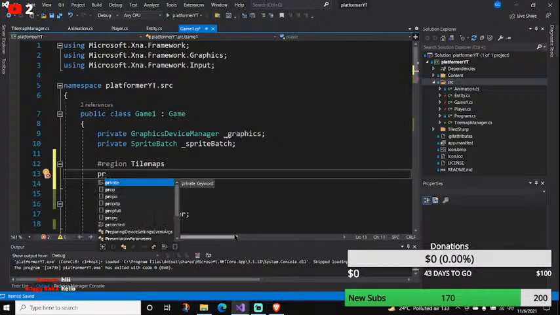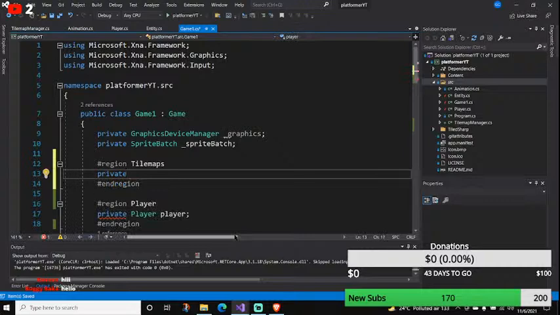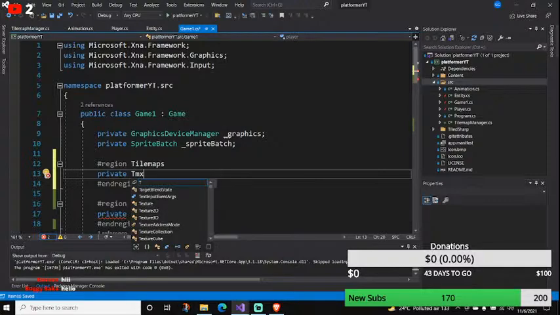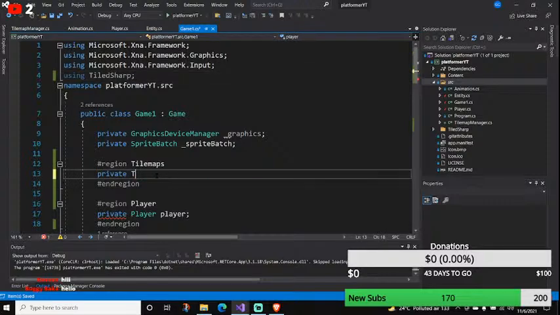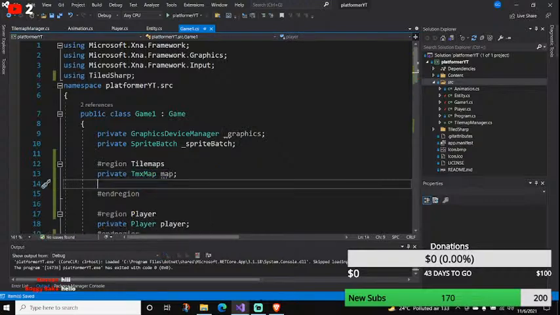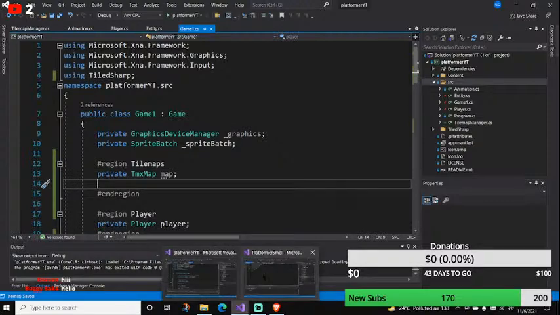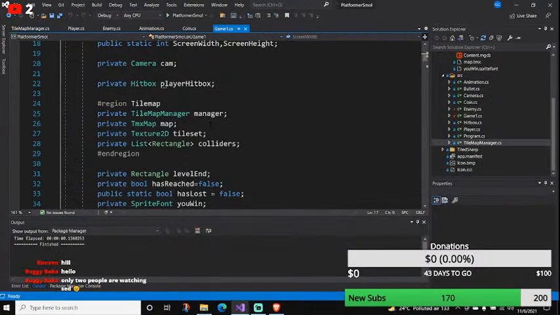So set a new private TMX map using TiledSharp, a private TmxMap called map, and a private